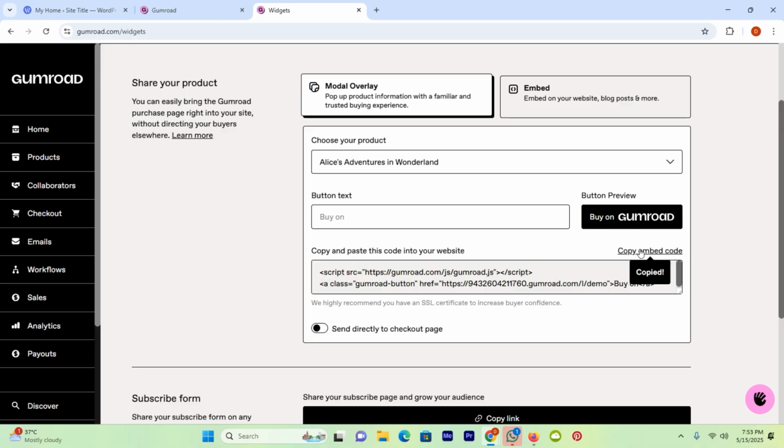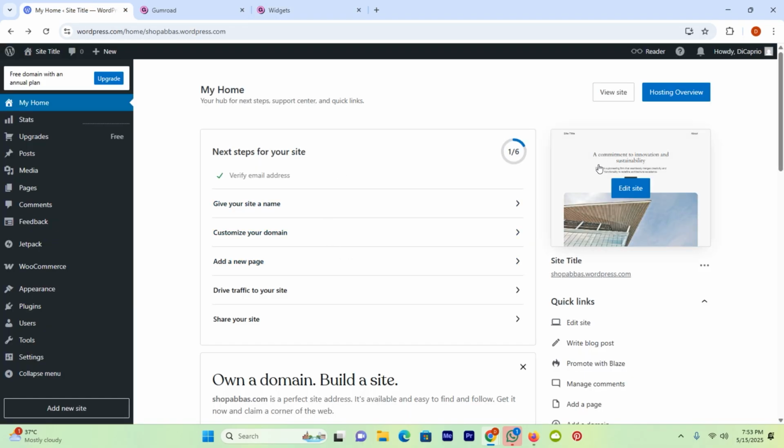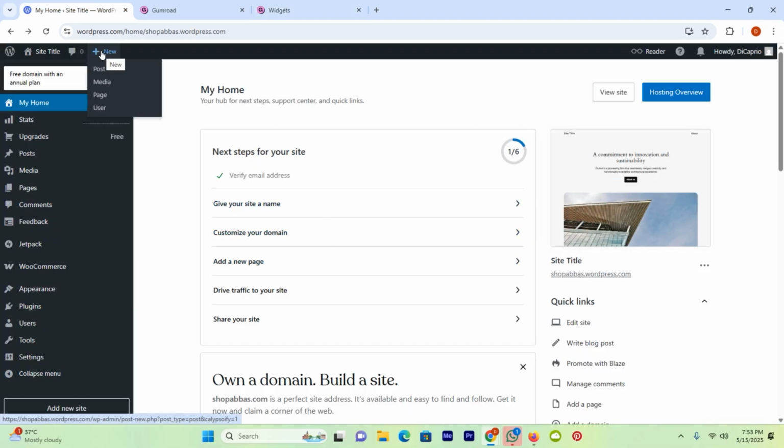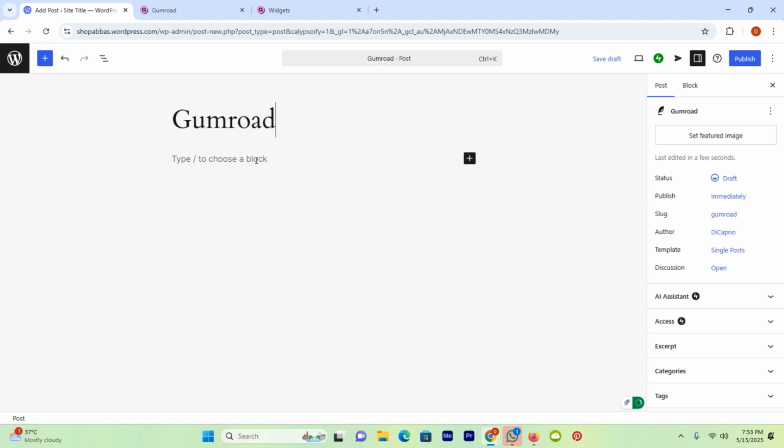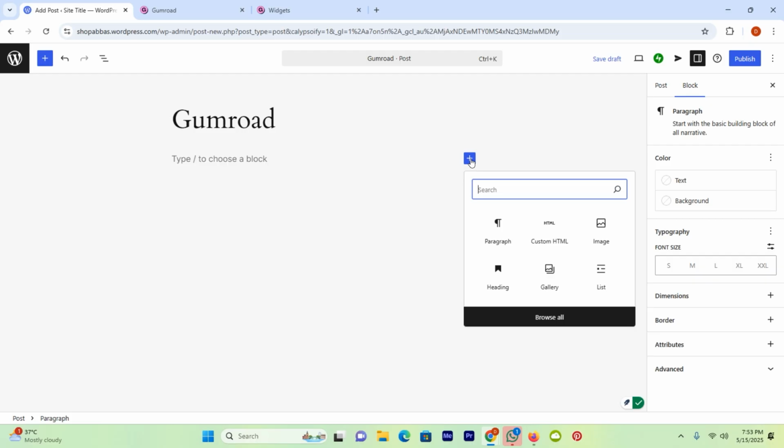Copy this code. Once the code is copied, head back to your WordPress, and once you sign in to your account in WordPress, click on this new icon. Once you click on the new icon, here you have to write the title. Just like I will write it. After writing the title, here click on this plus icon and tap on the option Custom and simply paste the